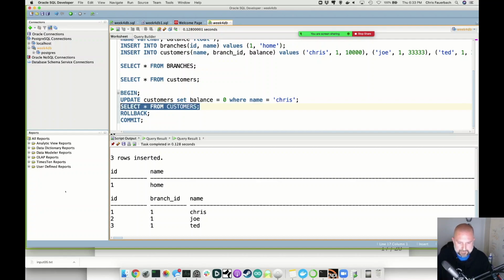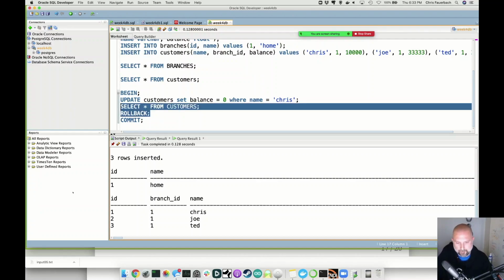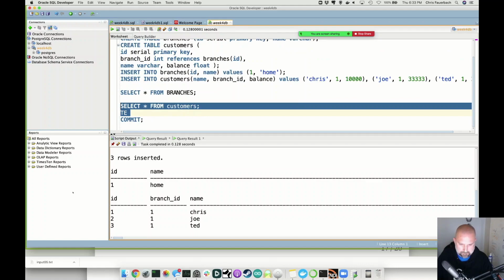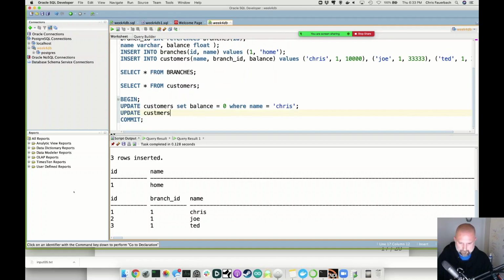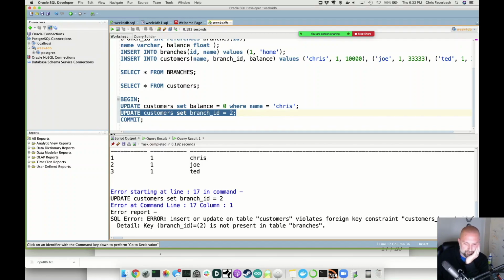So what I'm trying to get to is if I try to break that foreign key constraint, whoops. Is that going to work? No, customers is not wrong. Yeah, well, that too. Is that going to work? No. We'll get a foreign key constraint, right? So I'll just execute that one line. So I get a foreign key constraint. And so if I run this as a transaction,